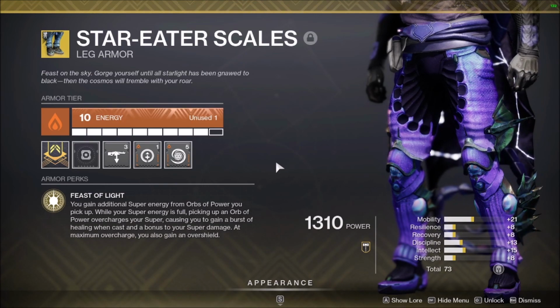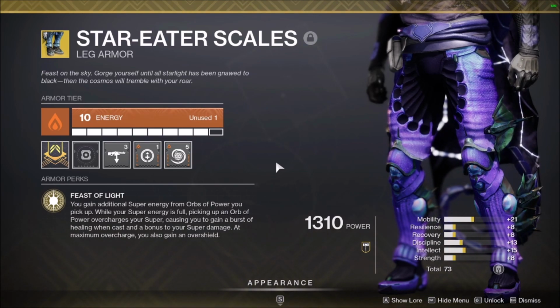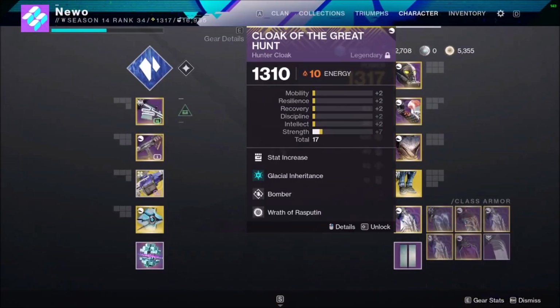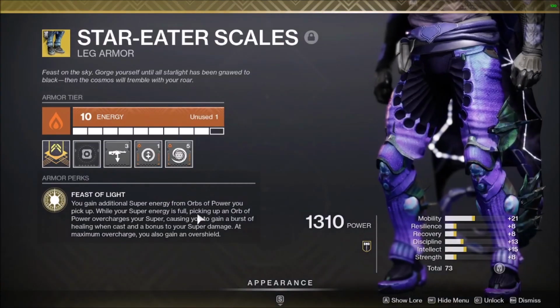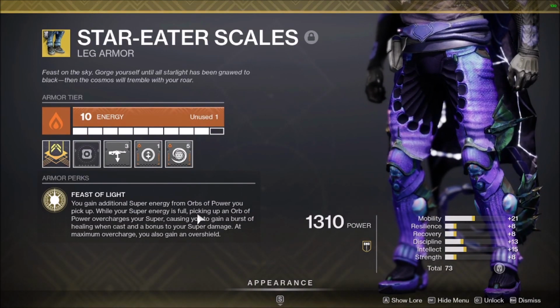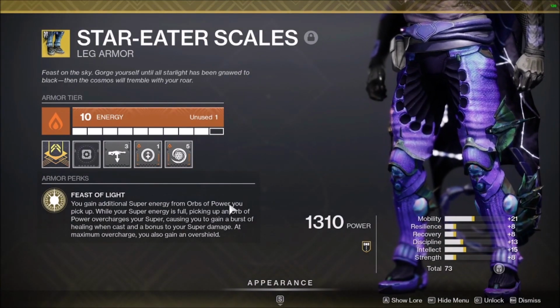So whenever I cast my super with 4 stacks of Feast of Light, I get a 60% damage buff that lasts between 13 and 14 seconds. So that's why it's very important to have my super up at all times with Glacial Inheritance. That also contributes to the hybrid factor of this build because it can be used for both ad clear as well as DPS encounters. Currently there's no other buff in the game nearly as potent as Feast of Light, and